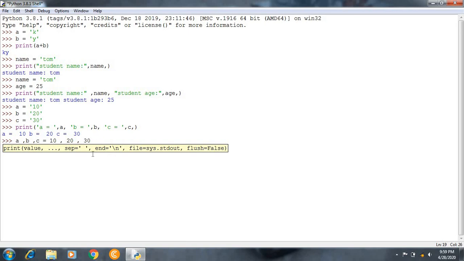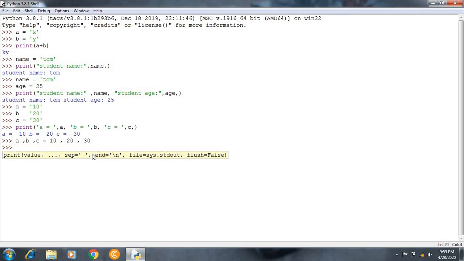Now how to execute it horizontally. I have to input print, the same procedure as the top one.